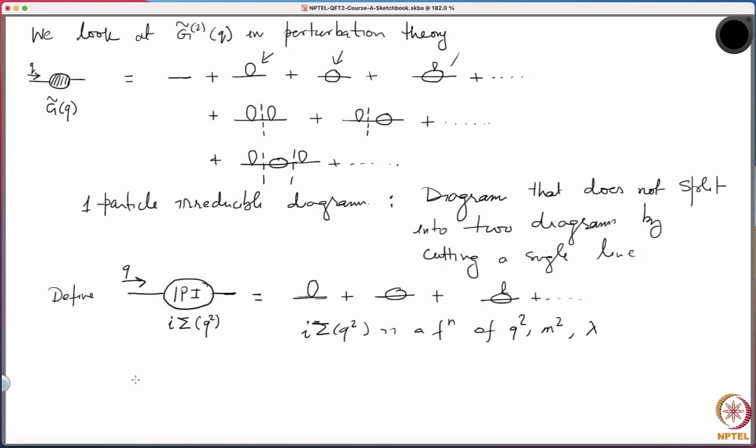Okay, now it is clear that if you look at the 2-point function, okay, this object, I should have put a 2 here, a superscript 2, and this says what? This is first just a propagator, so I write a propagator, plus this, plus this, plus this, and all other one particle irreducible diagrams. So let's say first row has all those irreducible diagrams. So it will have,